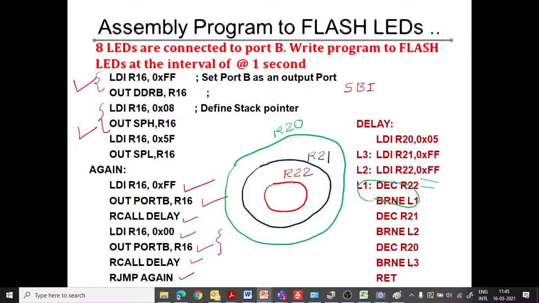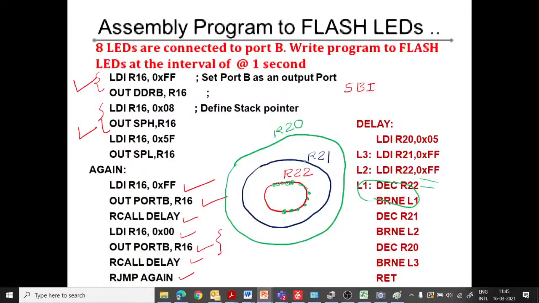Initially your counter is 255, then you reduce it to 254, 253, 252, 251 and so on. Whenever you count down 255 times, this entire loop is completed once.